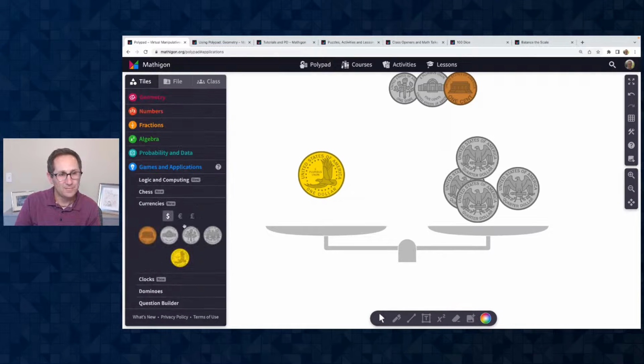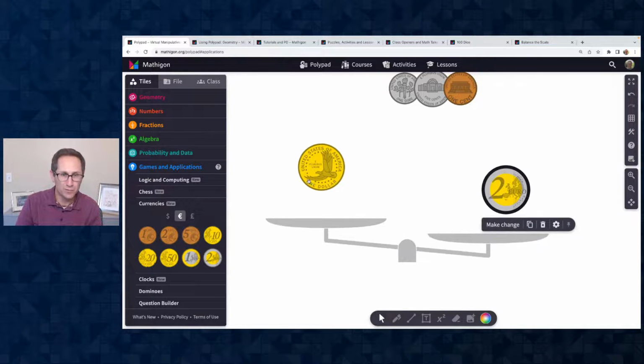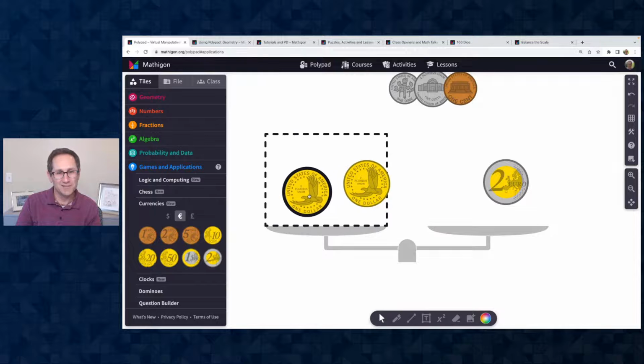We have pounds and euros, and there's a $2 coin in the euros. So what is nice about that is that, if you wanted to have a 2, those balance. We don't have